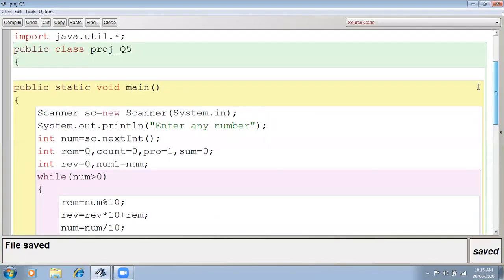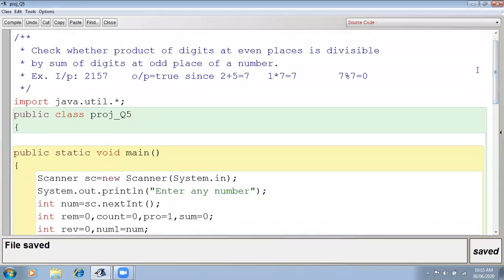Okay, now this is the program. The question is: check whether the product of digits at even place is divisible by the sum of digits at odd place of the number. Whether the product of digits at even place is divisible by the sum of the digits at the odd places. Okay, means first of all